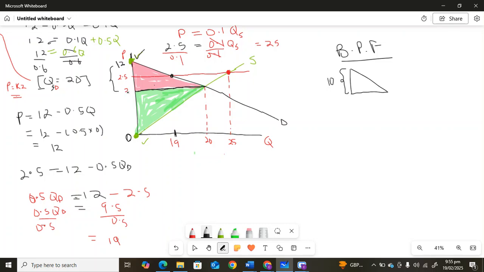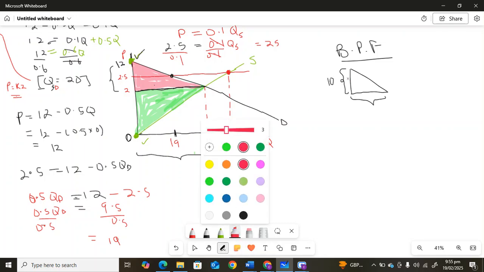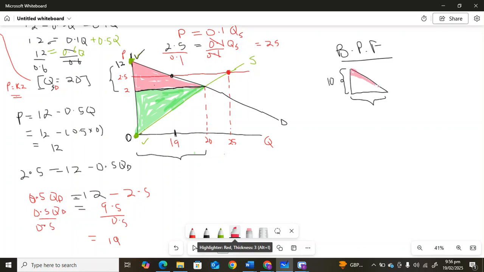Okay, colleagues, we are moving from this 2 kwacha at equilibrium to 12 kwacha, where the demand curve is cutting the y-axis. Then this length here below on the x-axis from 0 to 20, what is the breadth or the length? It's 20. Okay, colleagues, are we okay with how we've got these values? Because if such a question comes,